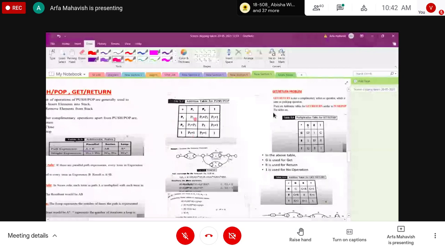If you are having P1 and P2, we are adding the two terms P1 and P2, and the same thing P1 and P1 plus that. Okay, push and pop operation is in the stack. Same thing here, it will be happening P1 plus P2, P2 plus P1. So push and pop operation is performing over here also. In the no operation P1 plus P1, the push operation is performing and the pop operation is performing. Here no operation is performing. So this is the example of a push and pop operation.